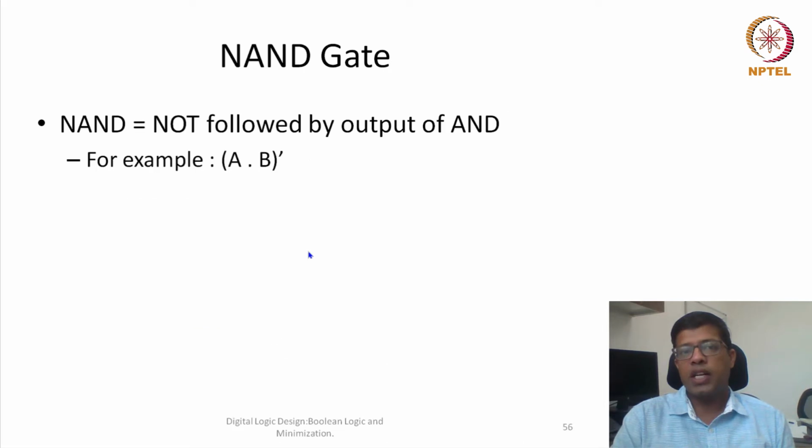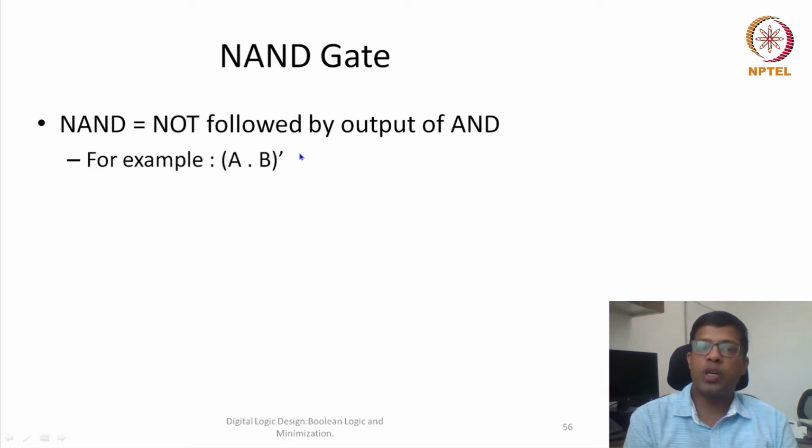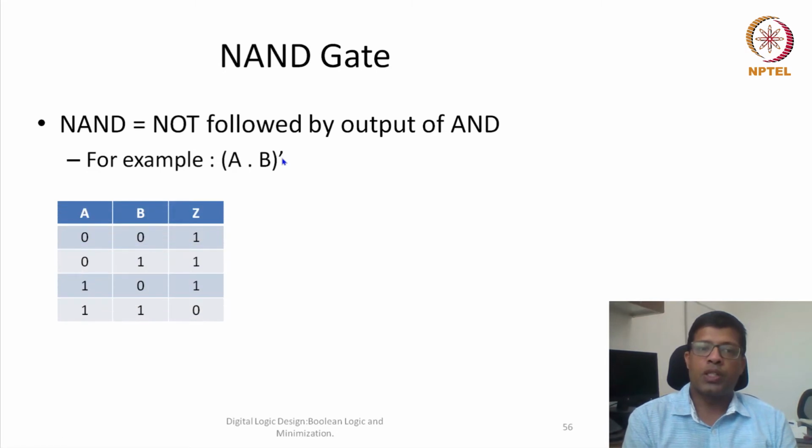Okay, so these were the 2 new gates which we have introduced. The other gate is the NAND gate. A NAND gate is an AND gate followed by an inverter. Let's say A and B are the two input variables, and they are ANDed. If their output is inverted, that means a NAND gate. So the truth table is the truth table of the AND gate inverted, or basically wherever 0 is there, it is replaced by 1. That is the output of a NAND gate.